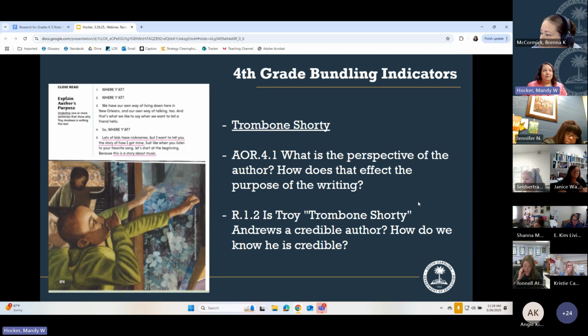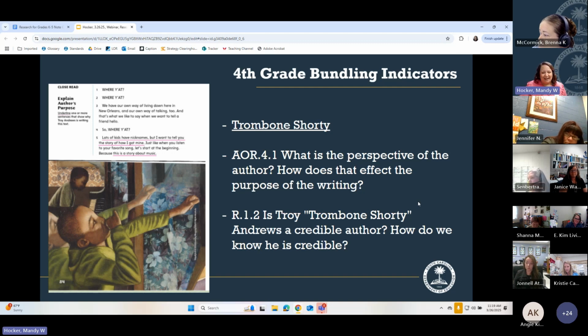Is he credible to encourage young people to play the trombone? Does he have a story of success? Absolutely. Yes, we see him as a credible source because we know his perspective in writing this, but we also know the purpose behind it was informed by him being credible on the information. So I think this is a cool example of bundling an AOR and a research indicator together in a very creative way. Hopefully,